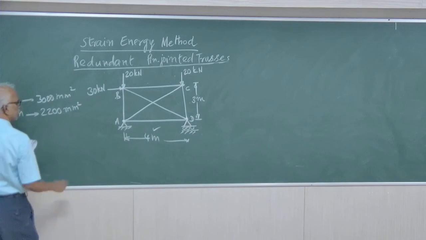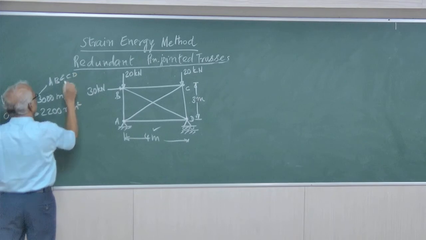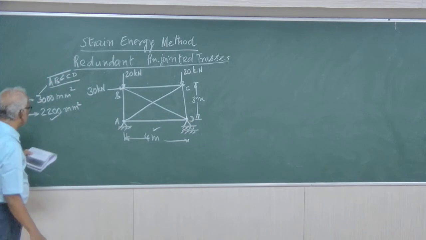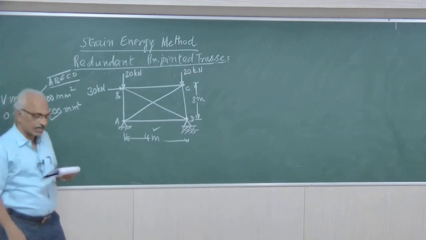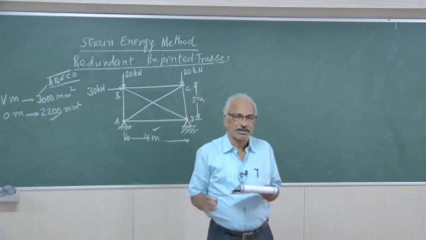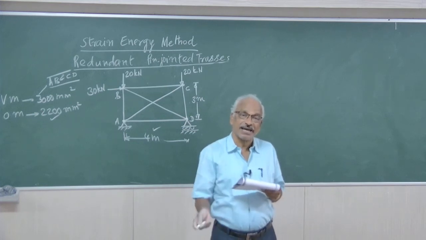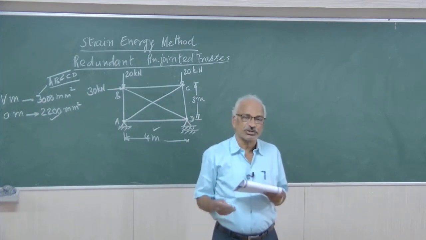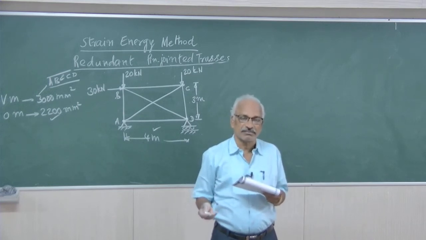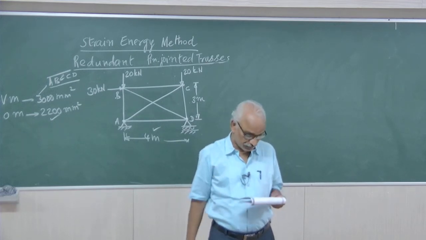Vertical members means this is for AB and CD. This is the area. For all other members, 2000. Of course, this will be required only in the tabulation. When you tabulate the values, since areas are different, you have to provide one column for area also. If area is same, you need not provide a column, because you need not unnecessarily multiply all by the same area and waste your time. Now here areas are different, you have to provide a column for area also, right?